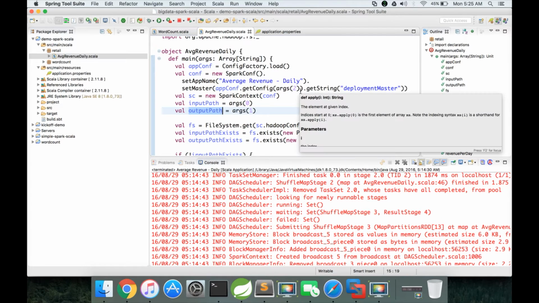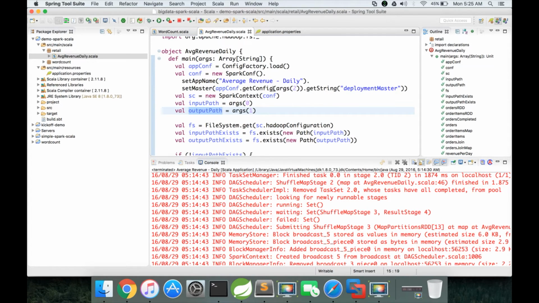and then the third parameter is the deployment mode. Okay, and setMaster is the method on SparkConf which will control how the program should run. It can take either local, or Yarn client, or Mesos, or Spark standalone. So it can take any parameter related to these four different deployment modes.